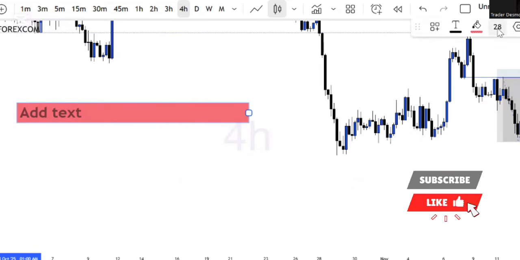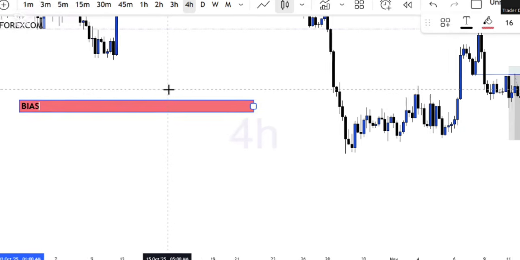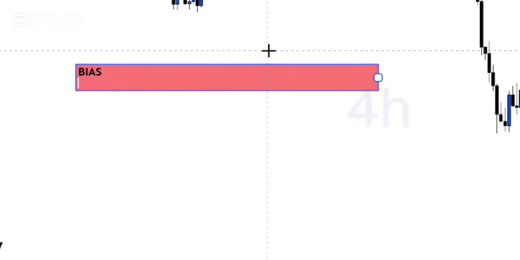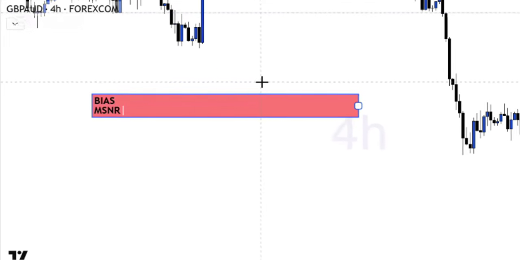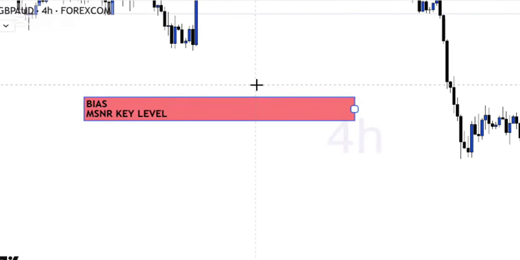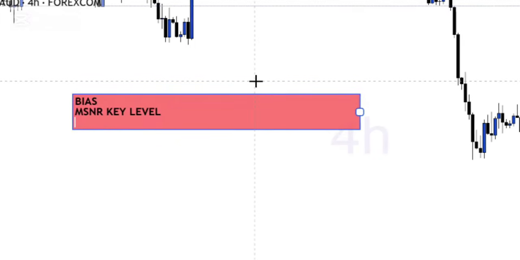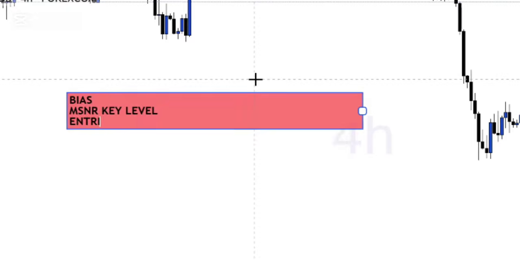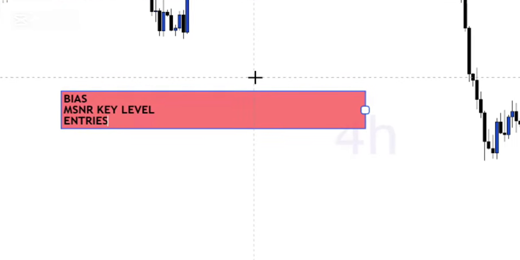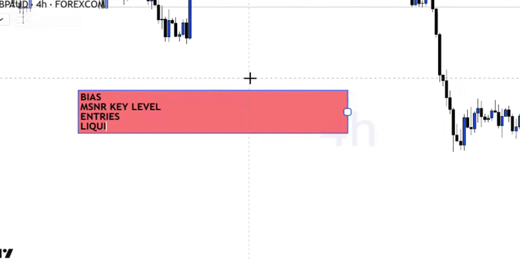You are going to learn how to build your bias. You will learn MSNR key level. You're also going to learn entries, and you are going to learn about liquidity. Yes, valid liquidity